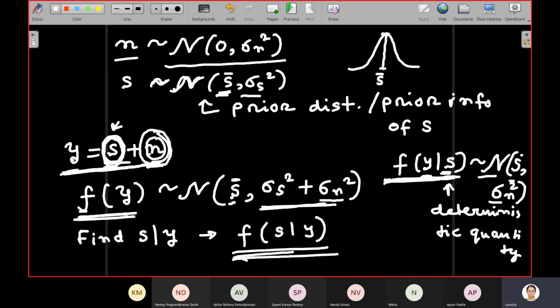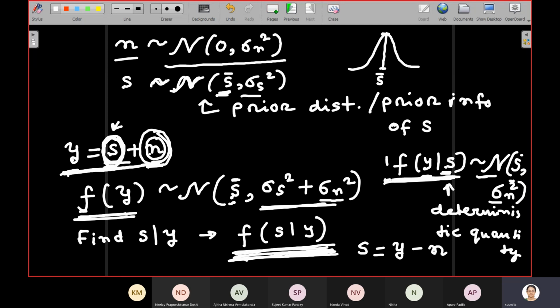Now how about this one? We are actually interested in this one, f of S given y. So can we do this one? What do you think? If I do this one and then proceed the same way as before, will it be correct? So earlier, for this one, what we did, we used y is equal to S plus N. S and N are independent. So whatever the value of S is, N is not affected. N is the same random variable as before, and therefore we can write this one because N is not affected. S is just deterministic.